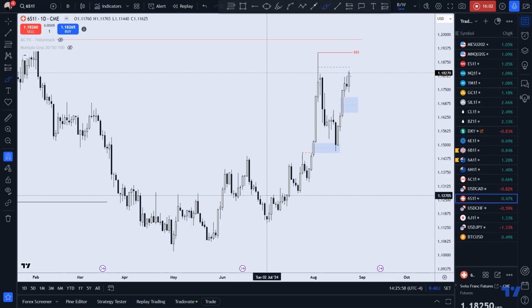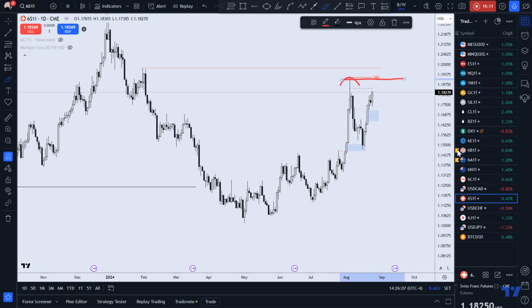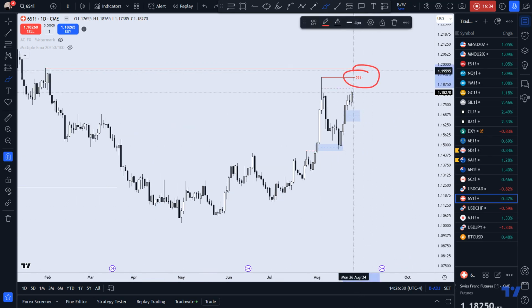All right. This is the Swiss dollar against the US dollar. You see this swing high here? That's going to be my draw on liquidity. We have an untapped, untested fair value gap. I would love for price to come back to this fair value gap before hitting this high, because I know it's going to power through up to the ultimate draw on liquidity of that swing high, the old high over there. But this is the immediate target.